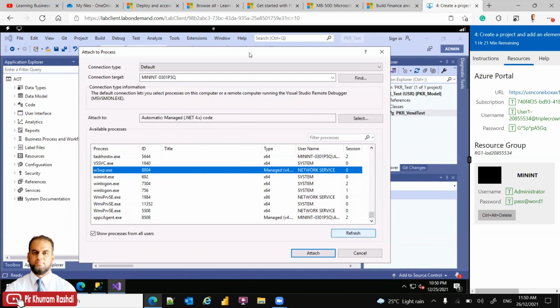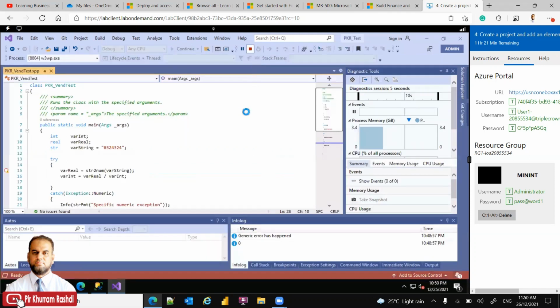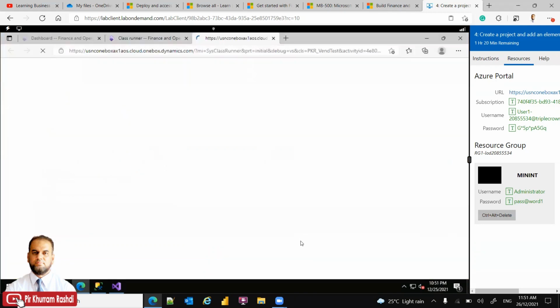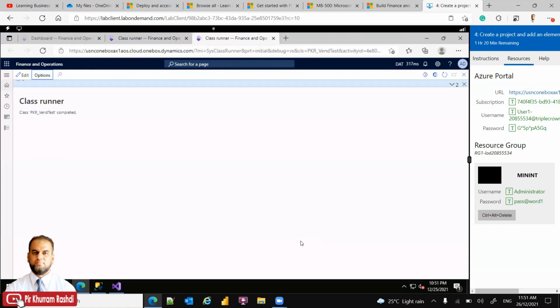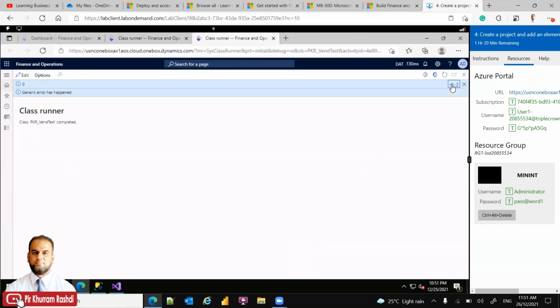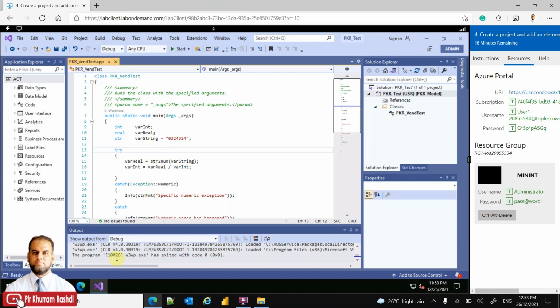So once it is attached, then you need to execute again. This was the last output on the right hand side, the info log window. So again, it is giving the same display. So in this one, I have just now closed the browser because after enabling, attaching the process and setting a